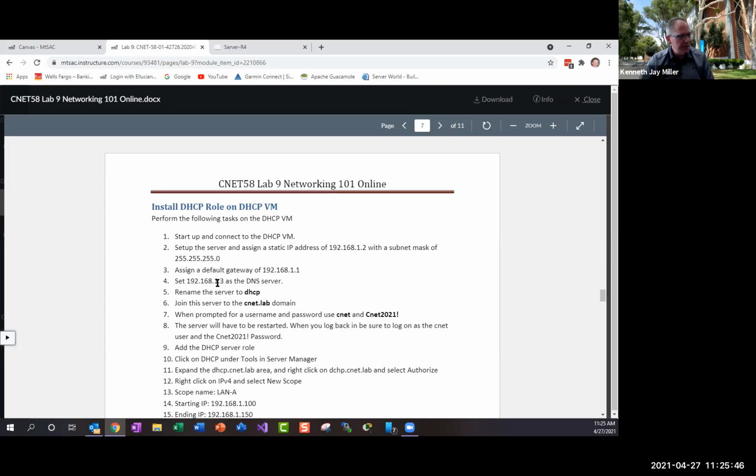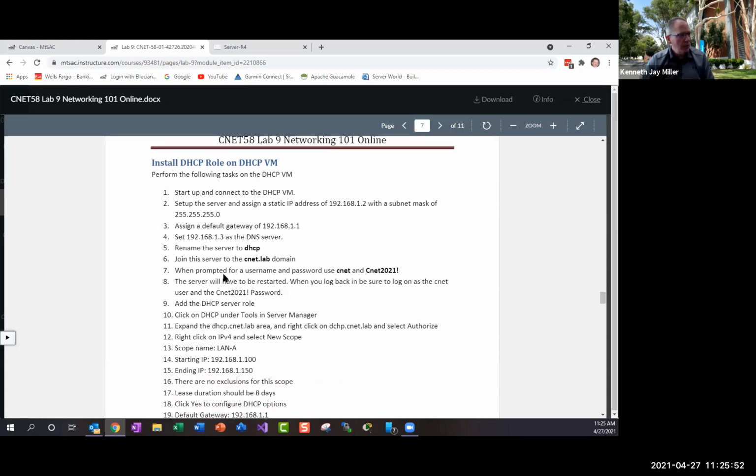Set the DNS server to 1.3, rename the server to DHCP, join it to the CNET.lab domain. When it asks for a password, use CNET and the 2021 exclamation point password. The server will have to be restarted. When you log back in, be sure to log on as the CNET user and the CNET 2021 exclamation point